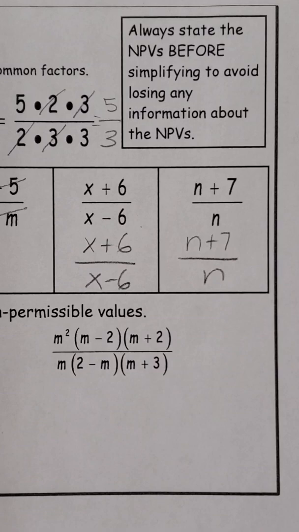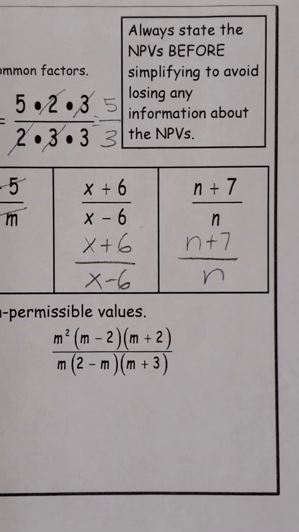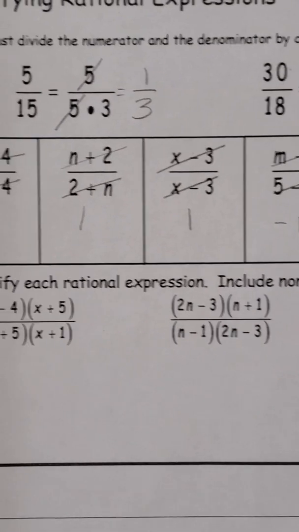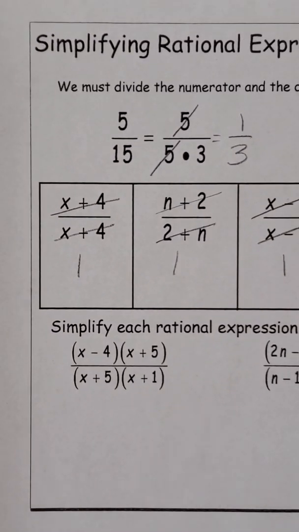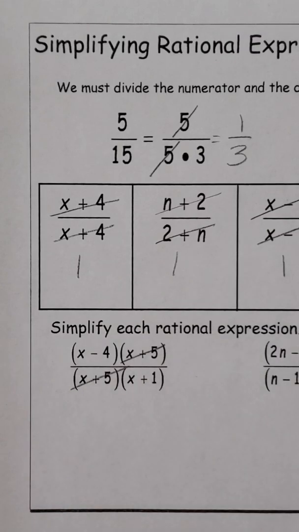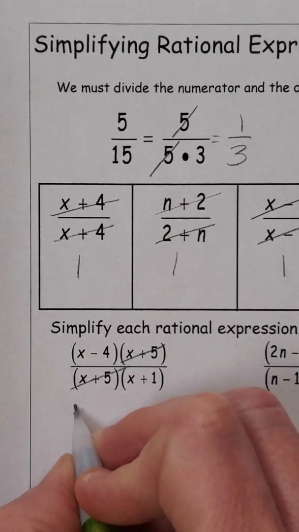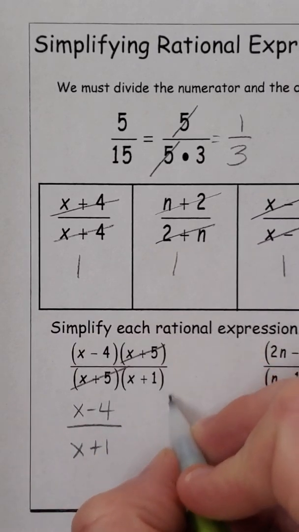So when we simplify these, we always have to include non-permissible values, but from this point on, we will not show all of the steps. And it's very important to remember to always state the NPVs before we simplify, because if we don't do that, we'll lose information. So here's some expressions that are already factored for you. So what we want to do is look for identical expressions in the numerator and the denominator. So of course that divided by that is 1. And we write what's left, okay? And then our NPVs